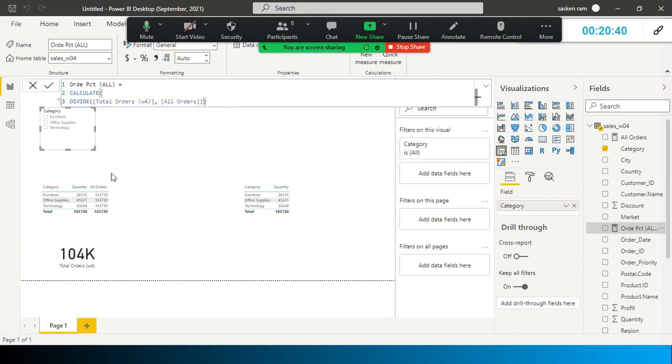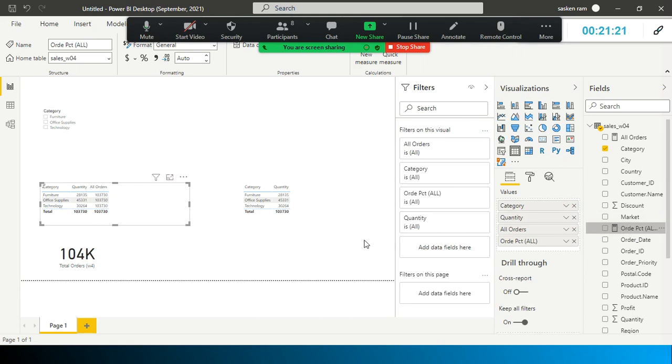Here we are dividing this measure by this value, because when you drag and drop this along with the category column, it applies a row and column filter. To overcome that, we have already written the measure All Orders. In that, we have applied the ALL function using CALCULATE on the category column. Since we applied the ALL function on the category, it simply disregards the internal filters, which is the row column filter, and external filters also. So now we are done with this. I'm going to just drag and drop this one here, and let's see what happens.